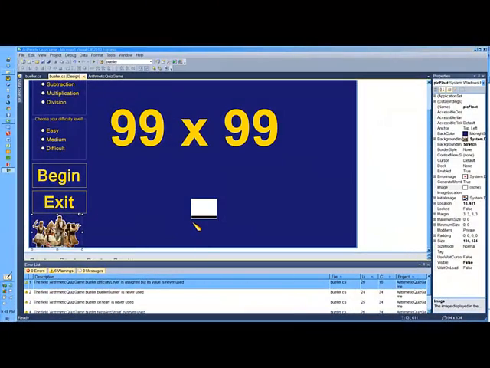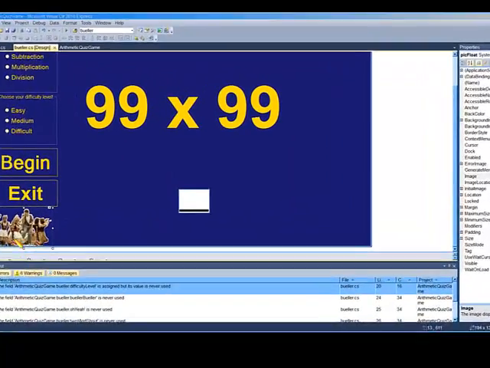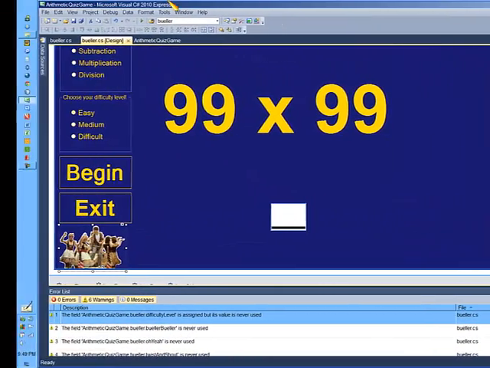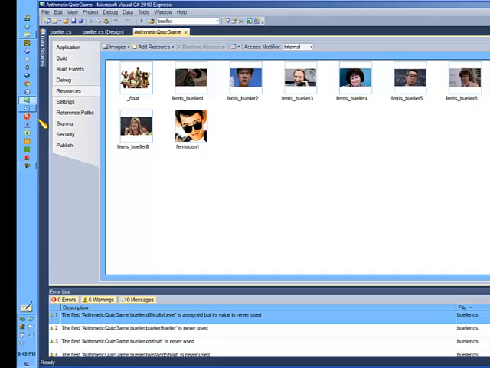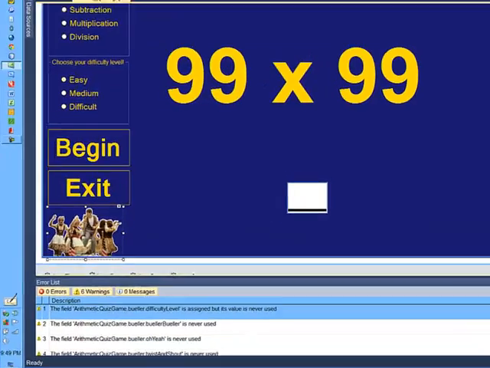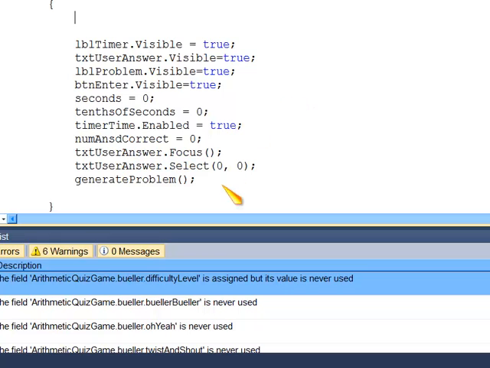Hi there, on this screencast I'm going to show you how to move the picture box below across the screen and make sure that it always appears at the bottom of the screen. So I have my picture box here. It's called Pick Float in my case, and when the user clicks begin, it needs to be made